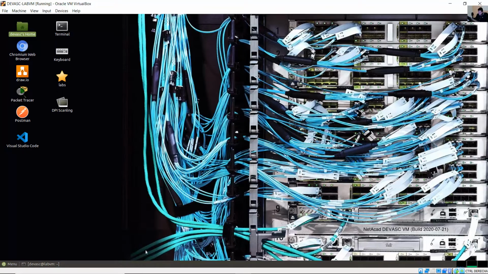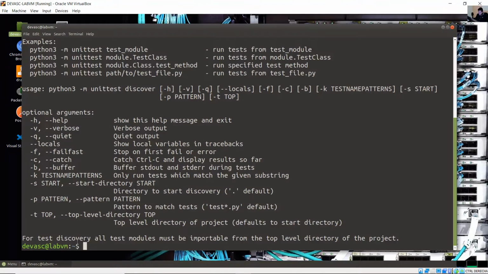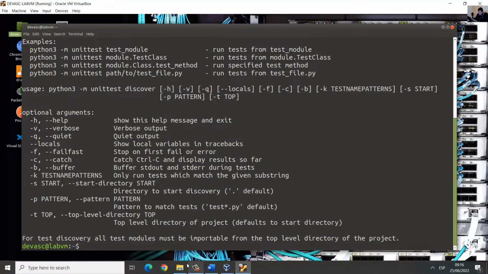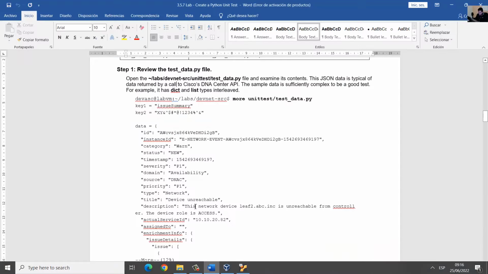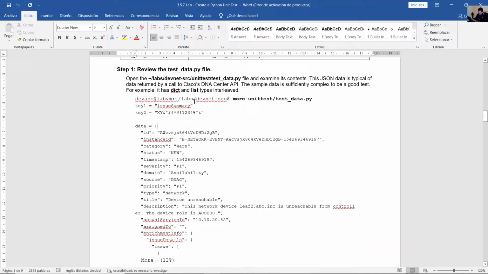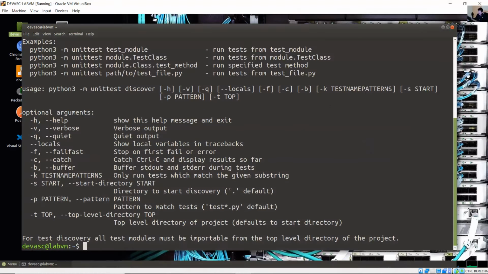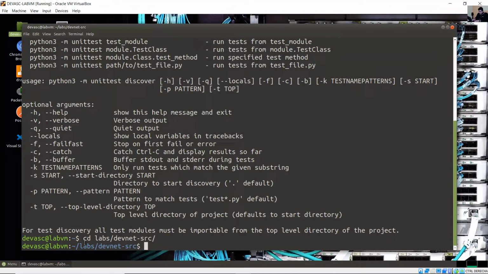Okay, now on the command line, go to labs DevNet source. Change directory to labs/DevNet source. Press tab to complete, enter. Once you are on the labs DevNet source directory,